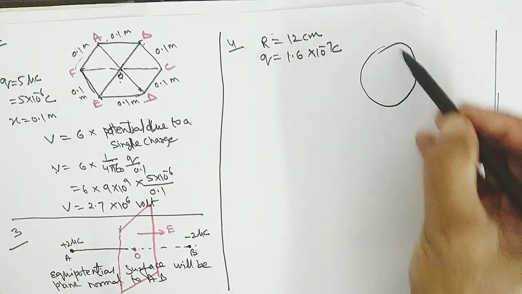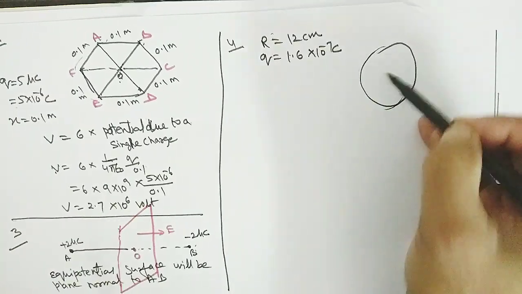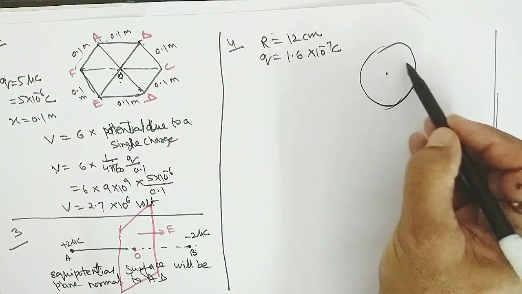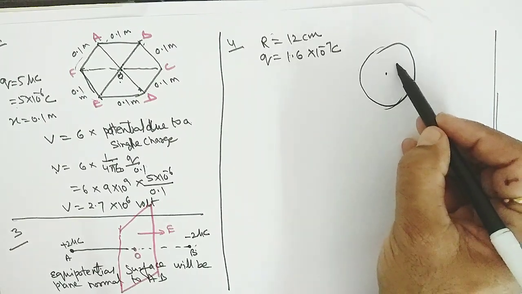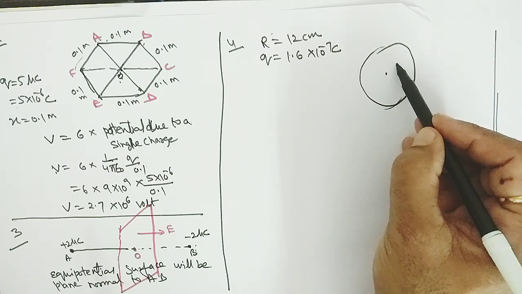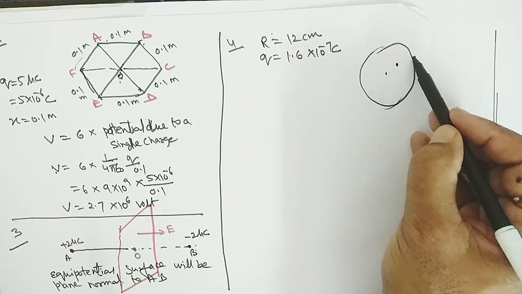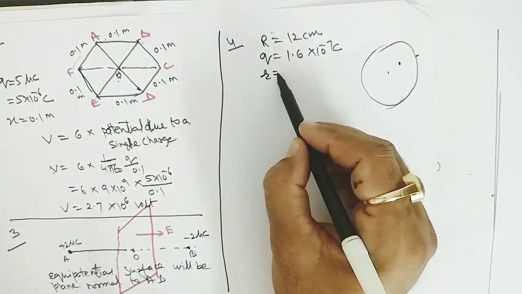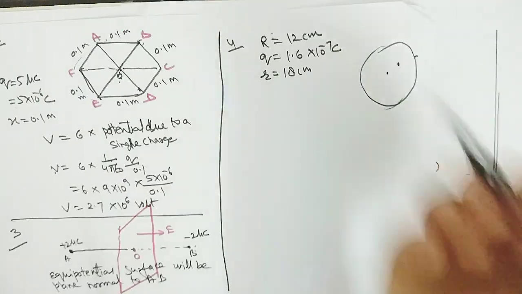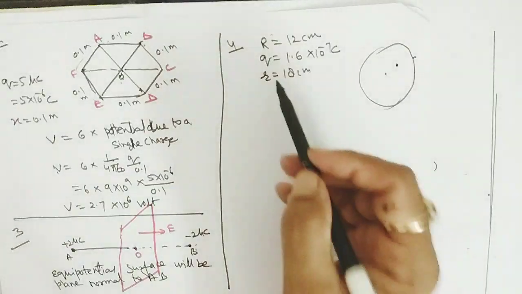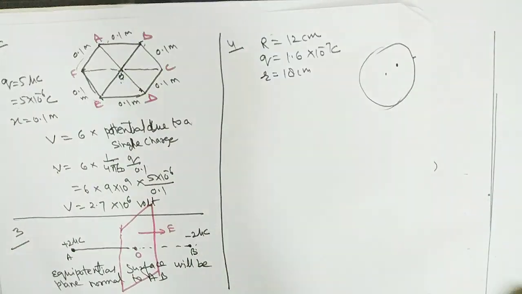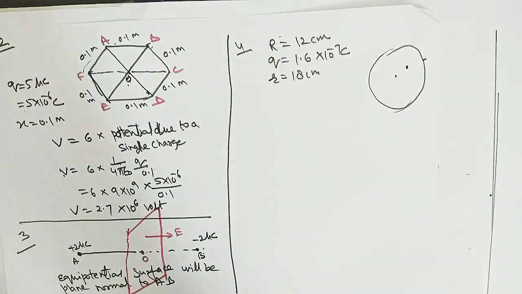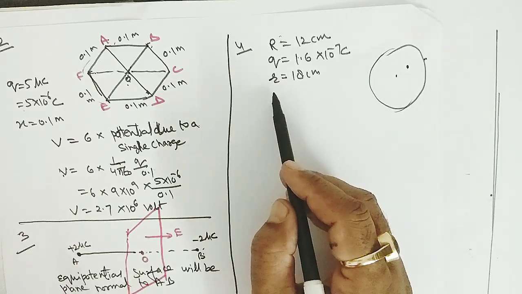Okay, it is distributed on the surface. Clear? What is the electric field inside the sphere, at any point you can take here? First part inside, second just outside, and third at 18 centimeter, means R is 18 centimeter. At 18 centimeter, what is the electric field? To solve these type of questions, you have done that derivation already.